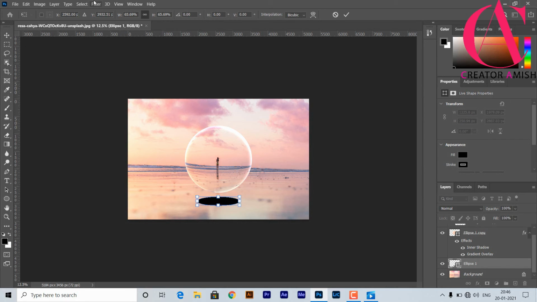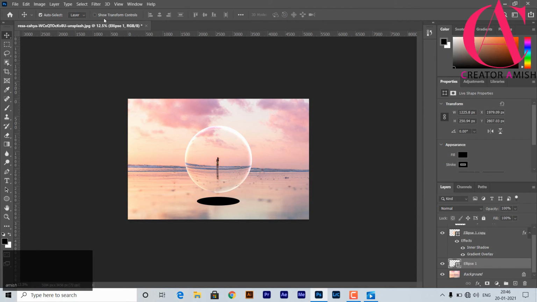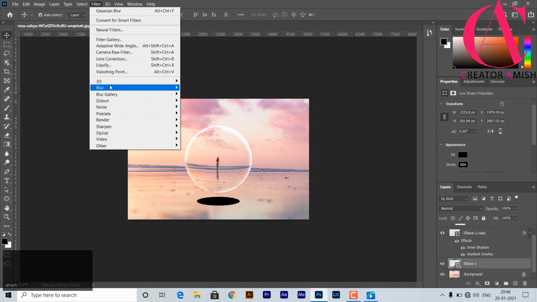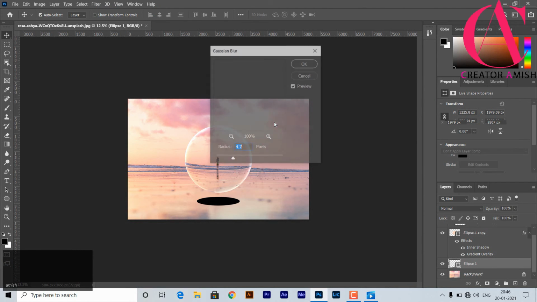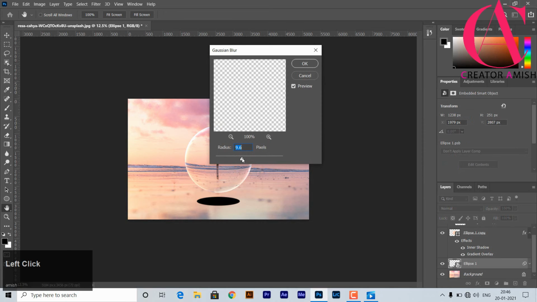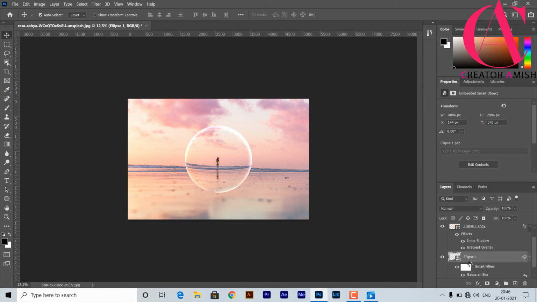And after that, click on filter, blur, Gaussian blur, convert to smart object, and let's just blur this to maximum extent. I'm so sorry.